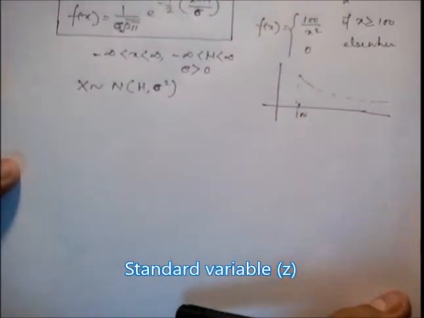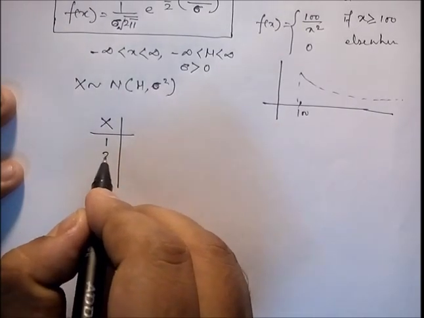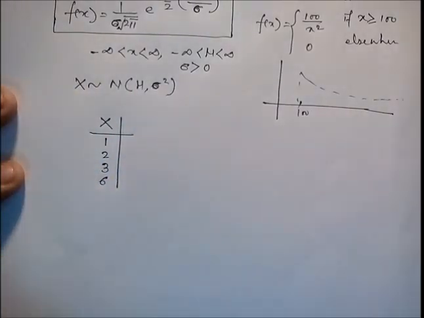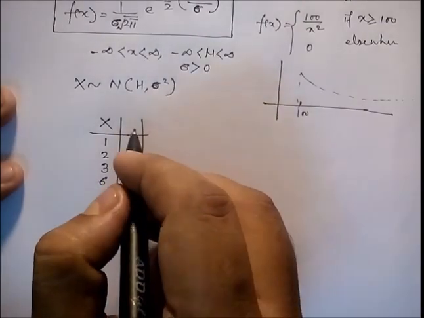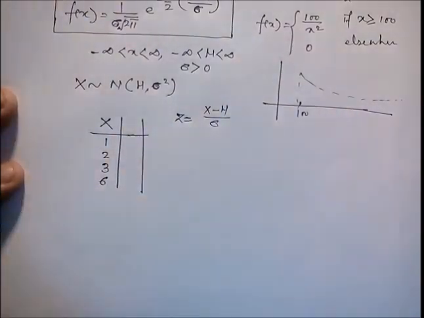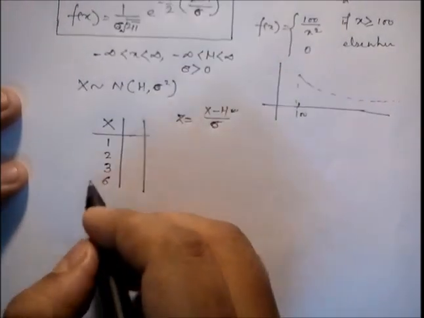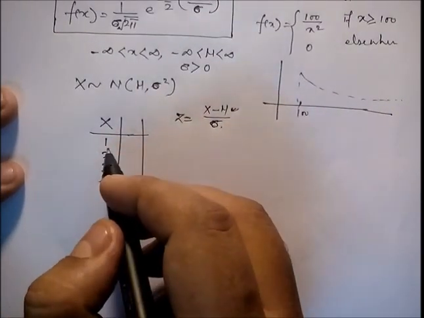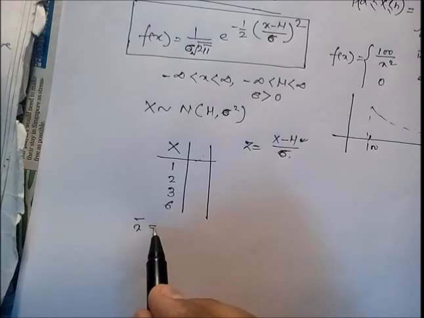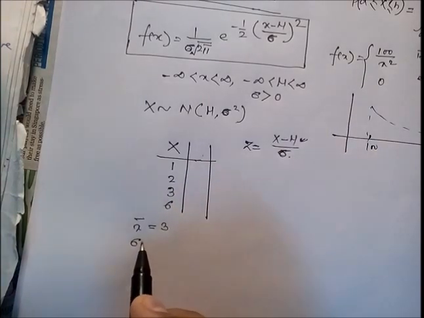Now, standard variable. So what is a standard variable? Already you know, suppose we have one data, say 1, 2, 3 and 6. Now we can convert this into a standard variable. The formula of the standard variable is z equals x minus mu by sigma. So what is mu? Mu is the mean of this particular data, and sigma is the standard deviation of this particular data. If you calculate the mean, 1 plus 2 plus 3 plus 6 divided by 4, the mean is equal to 3, and the standard deviation is